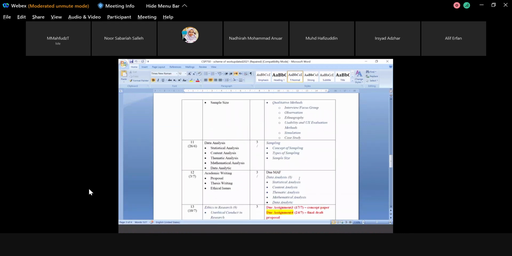Masa last sem, due dia pada week 12, so agak lambat lah ni. Tapi masa tu you all pun ada masalah untuk cari, students pun ada masalah untuk cari, so that's why kita extend lah. Tapi sebulan ataupun 2 bulan lah. Kalau ni belum. Week 12 tu dah 3 bulan ni. Kita ambil 2 bulan lah paling lewat untuk submit MAF.